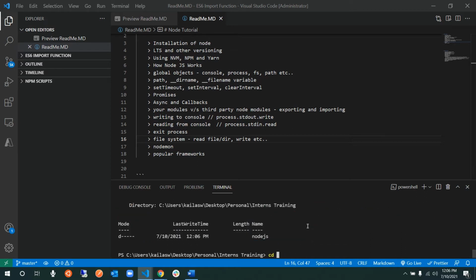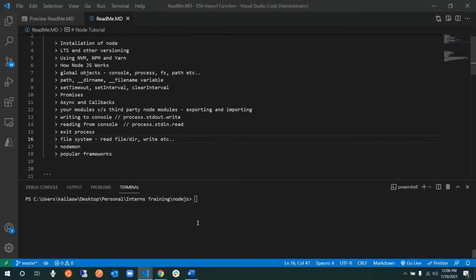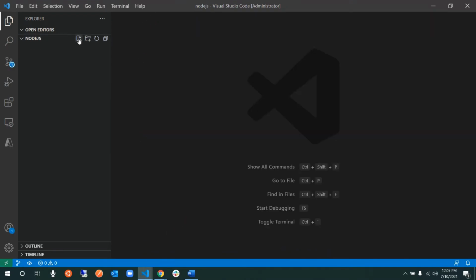Okay, and then now I'll go there. Let me create a file under that. For that I'm running code . so that I can directly navigate there. Here I'm going to create an index.js.